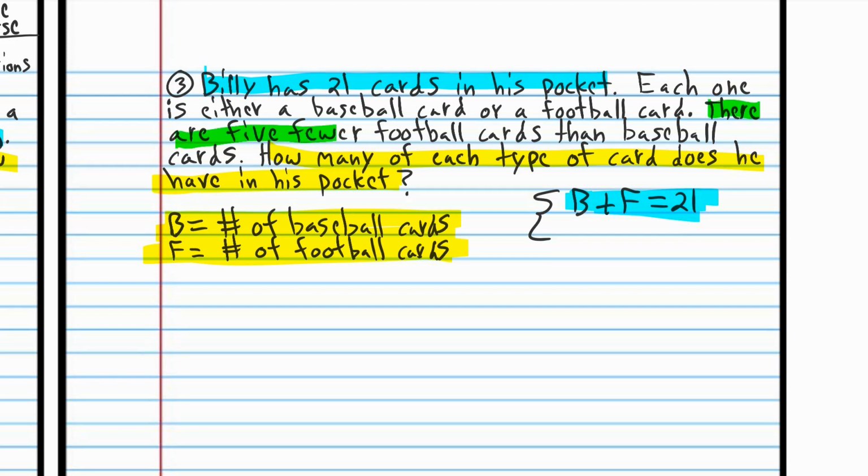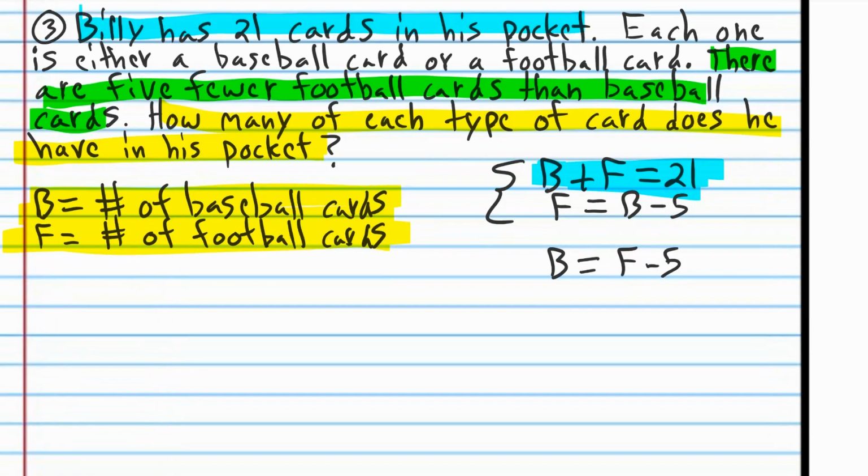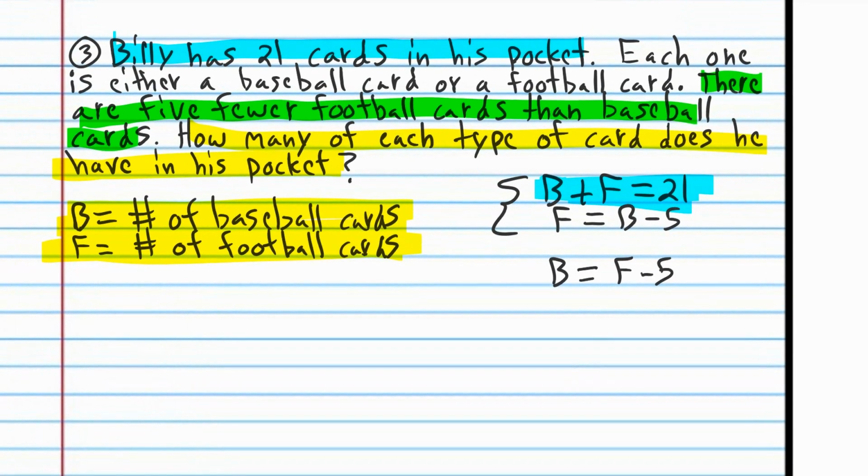There are 5 fewer football cards than baseball cards. So that's the hard part. There are 5 fewer football cards than baseball cards. So that means the number of football cards is going to be equal to the number of baseball cards minus 5. It's very, very easy to accidentally say B is equal to F minus 5. But that's not correct, because